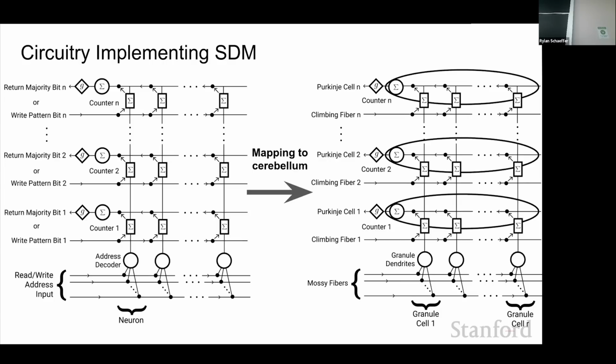The climbing fiber makes very large action potentials, or it leads to very large action potentials in the Purkinje cell. And so I do think you could get pretty fast synaptic updates. And they're also persistent for a long time. I think so. Yeah. The synapses can stay for like the rest of your life.